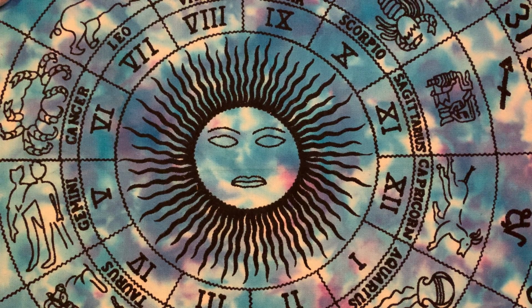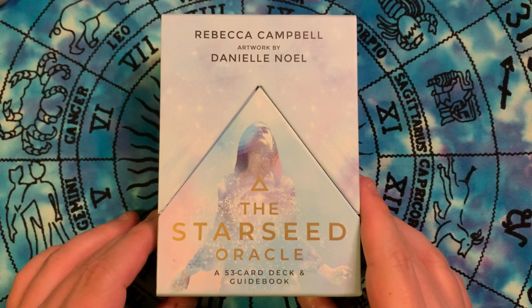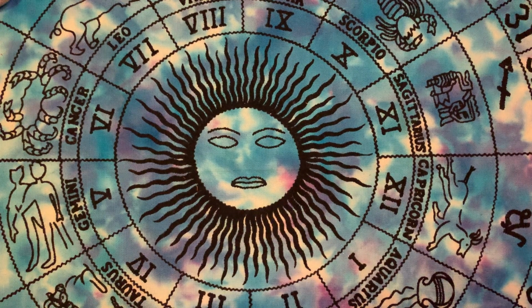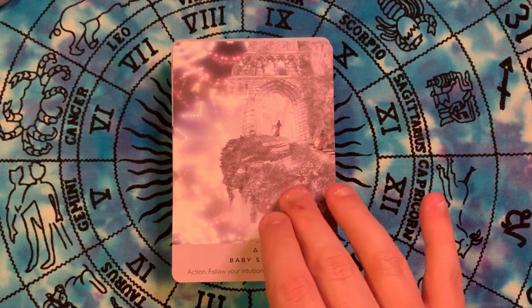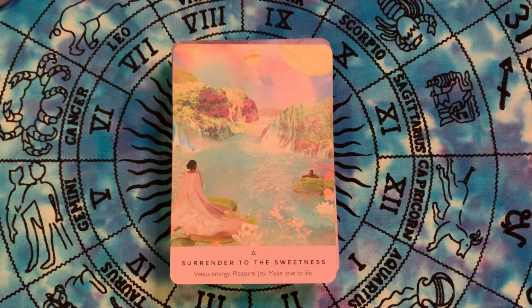Another one that's actually really good. The Starseed Oracle. Not the biggest fan of Rebecca Campbell. A very big fan of Daniel Noel. Loathe this box style, but hey, you know. So this is very much based on Starseed ideology, which is not something I can really get behind. But a lot of the texts on here, the keywords, I do really jive well with, and I love Daniel's